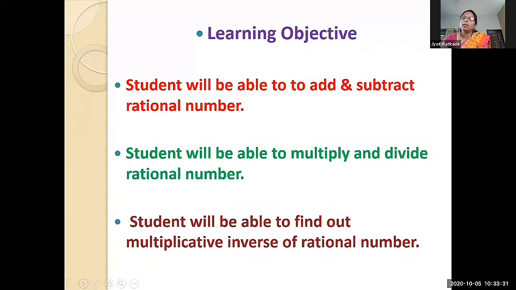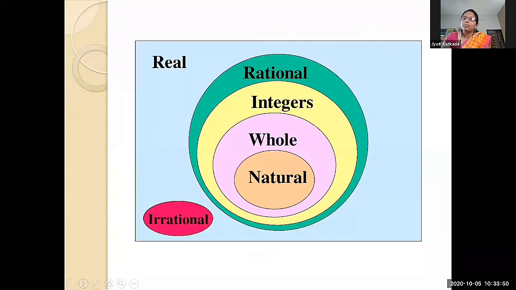Now we know the types of number also. I think in a previous standard we learned the types of number. Our topic is operation on rational number, that's why it is necessary to know the types of number. Then which are the types of number? See the image on your screen. See, natural number, whole number, integers, and rational number. These are the types. There are more types of number also, that is irrational number, real number, then odd number, even number. These are the types of number.